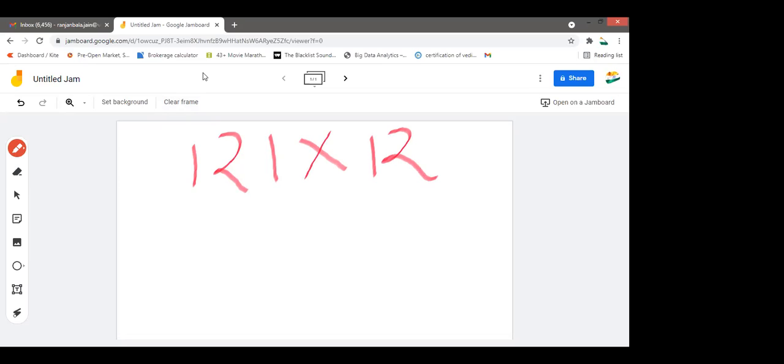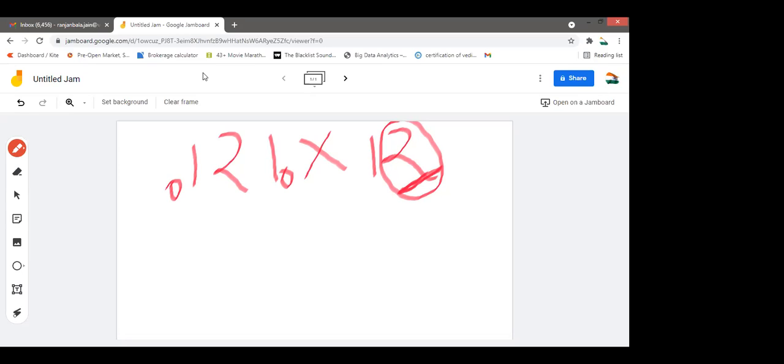Okay, let it go. Now what I am doing, put zeros on both the sides. The process is same. Now instead of multiplying by 12, I will be multiplying each digit by 2, and whatever answer is coming, that is added with the next digit. Are you getting my point? Again, I'm repeating. Whenever you are multiplying any number by 12, instead of multiplying by 12, we just have to multiply by 2. Each digit is multiplied by 2 and added with the next digit.